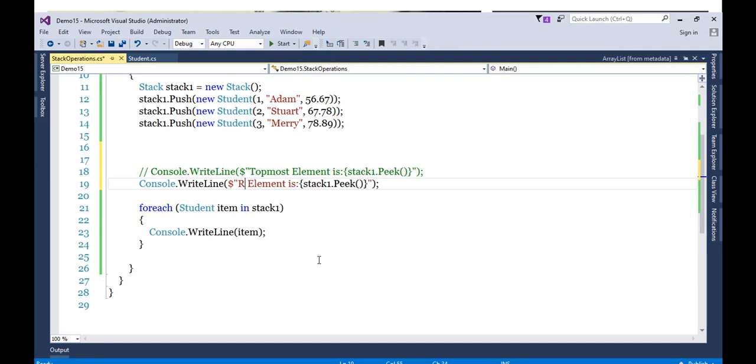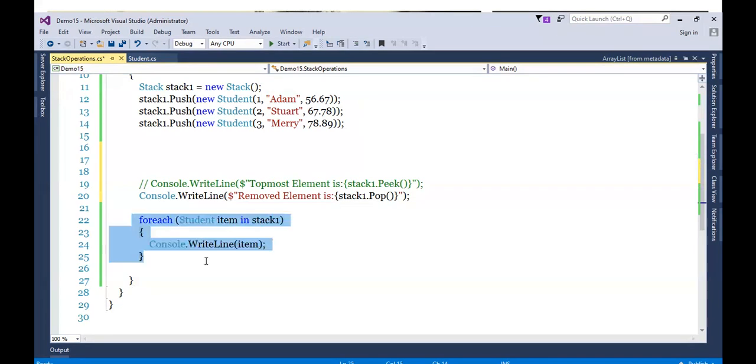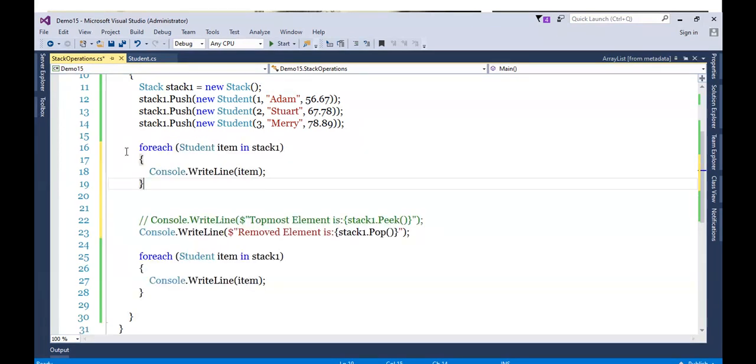So let's change the message like removed element is stack1.Pop. Let's display this over here also. Original stack first will be displayed, then removed element will come into the picture, and finally again we will check whether it is actually removed or not.